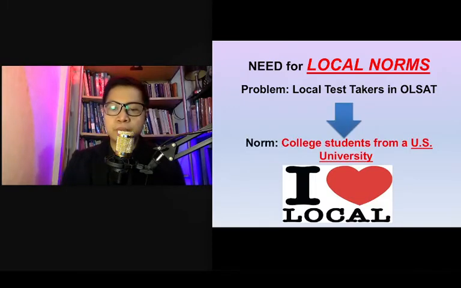Diba? In fact, to be more specific, based on my experience, alam nyo ba yung ALSAT, when you administer that to a Filipino, yung raw score niyan, ikukumpara mo sa college students from a US university. And you have no choice. Bakit? Yun kasi yung nakalagay sa manual. Yun lang talaga yung norm na available in the manual, so you will be forced to interpret the raw score using college students from a US university, which is, psychometrically speaking, it's not good.